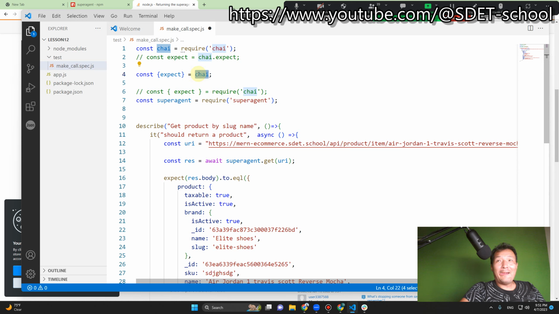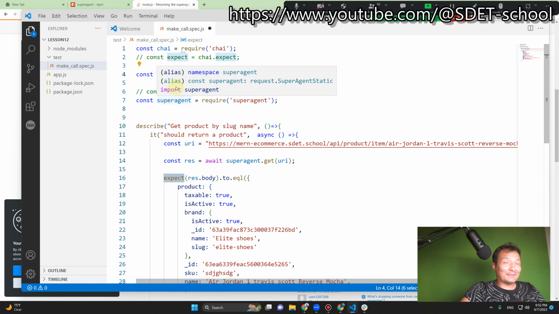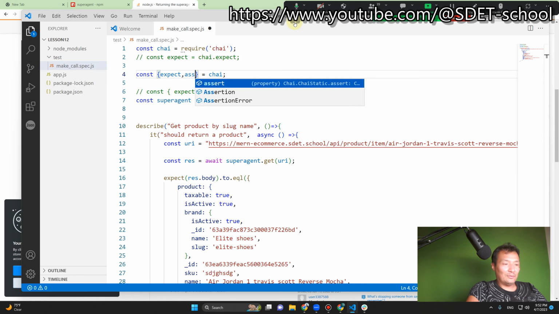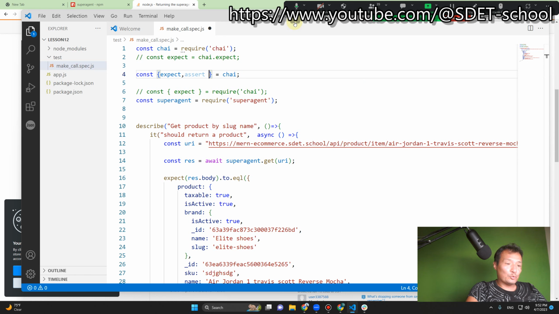Basically, we narrow the library. If I open this object and remove the curly braces from chai, inside I take expect, and this we call destructuring. We will have a lesson on destructuring. I will show you the proper usage, but this is how it can be used. I can use expect, I can use assert, and I can use should here,